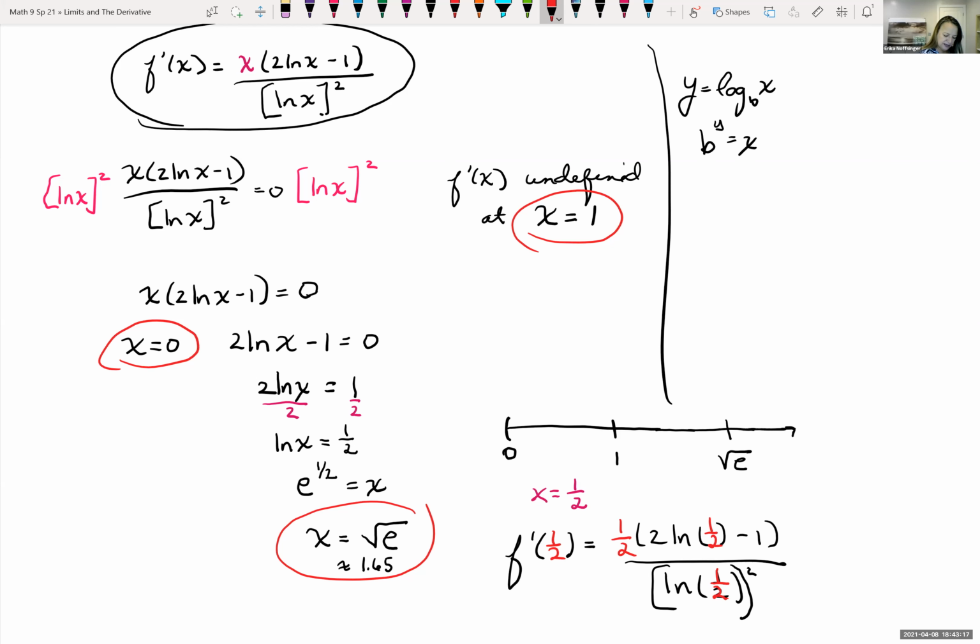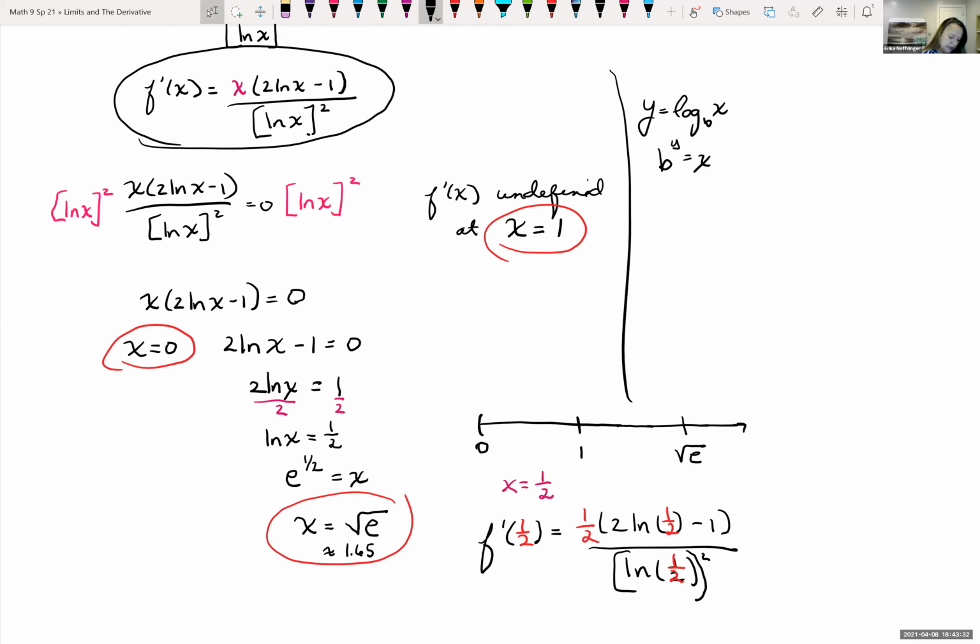So 2 times negative 0.7 is negative 1.4 minus this 1 here. So if I plug in 1/2, my numerator inside that parentheses is negative. So I'm going to get a negative number in my numerator. But this bottom piece, even though natural log of 1/2 is negative, I'm squaring that whole bottom piece. So squaring any number is positive. So that derivative is less than 0. So it has to be decreasing between 0